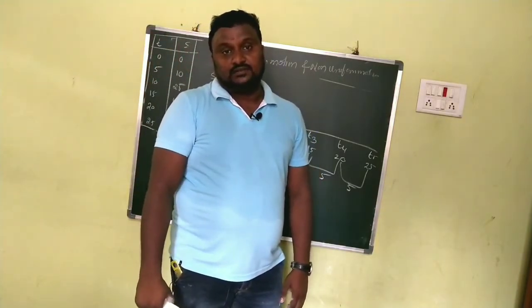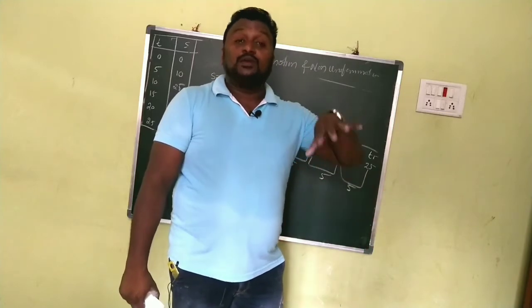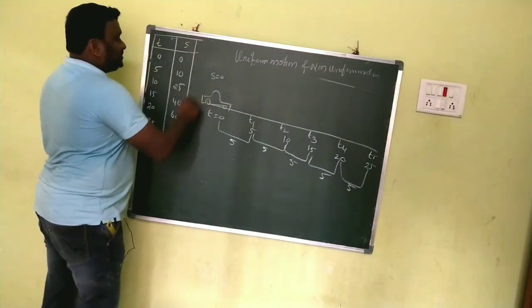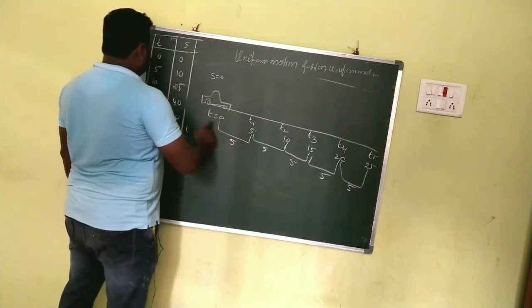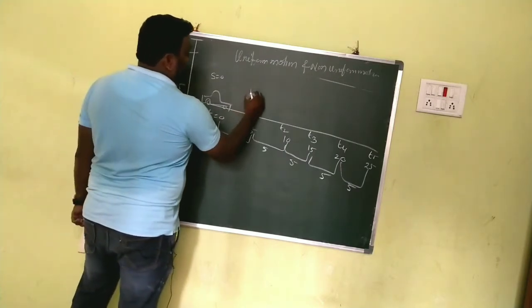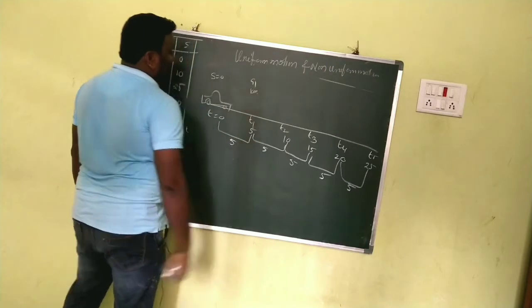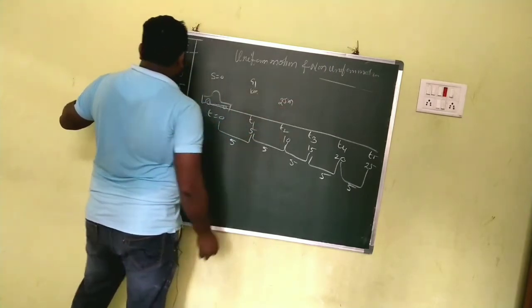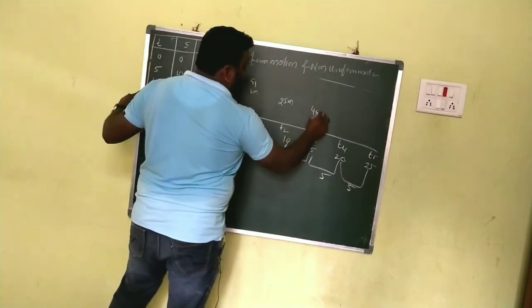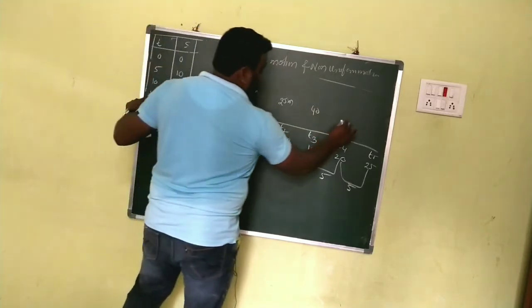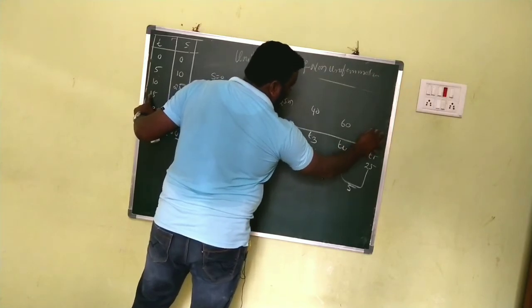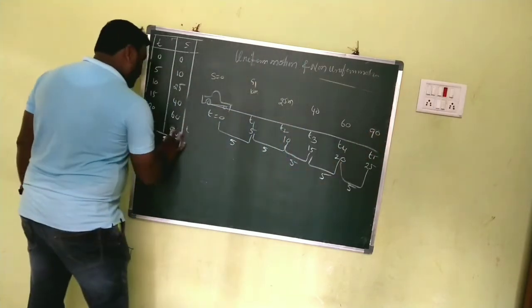Children, when we have equal intervals of time, you have to observe now. When t is equal to 0, s is equal to 0. When t is equal to 5, what does it show? 10 meters. s1 is 10 meters. Next, 25 meters. Next, 40. Next, 60. And next, some 80 or 90. I'm taking 90 here.